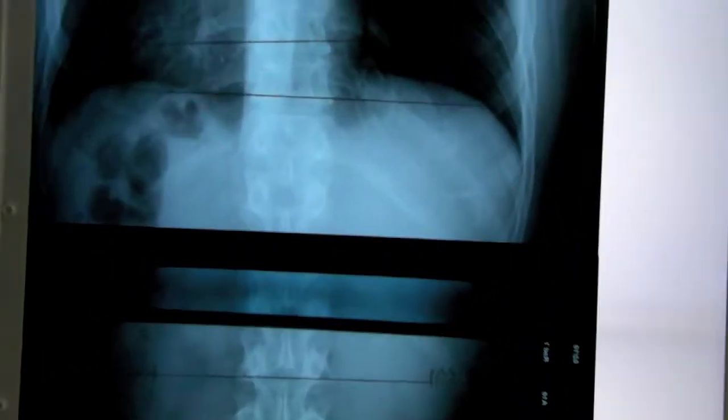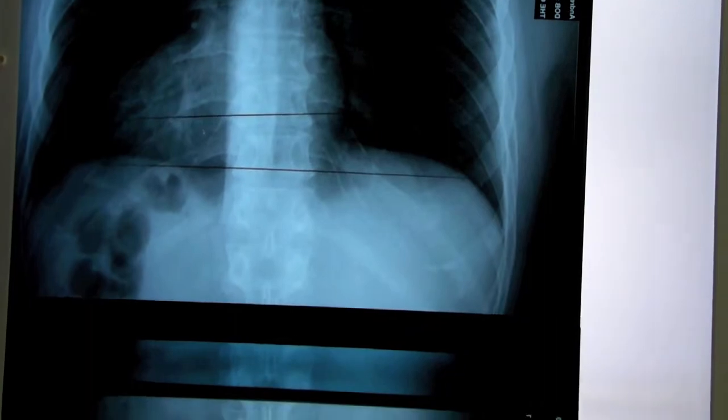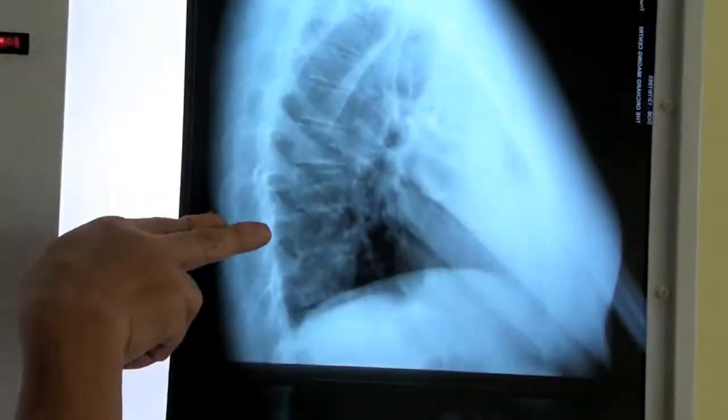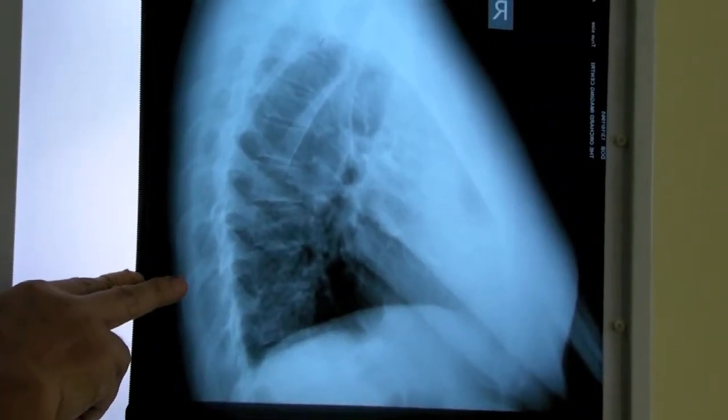Now we can dictate this off the front film, and then when we look at the lateral film, or the side film, we want to look at the direction or the plane of the disc that we're going to correct it in. Okay? So now, if we look at the model,